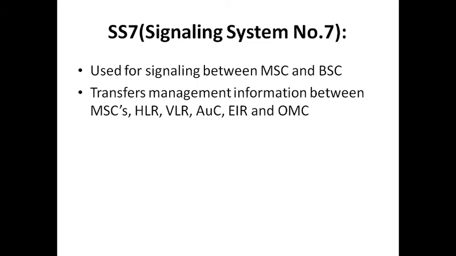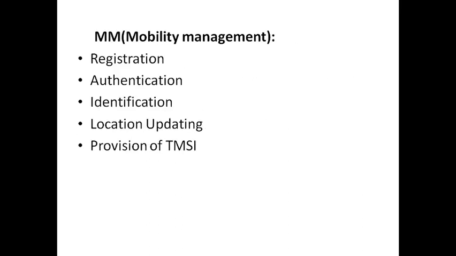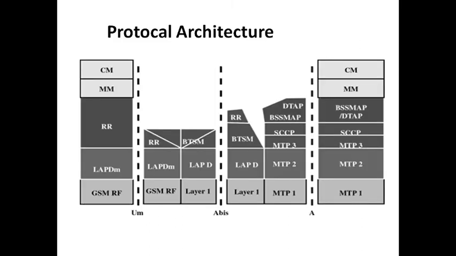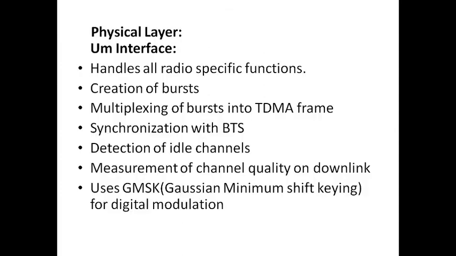And the next one is SS7, signaling system number 7. So here the signaling system is in the protocol architecture at the part of the MSC. If you see the MSC part, the last fourth part, MTP3, MTP2, SCCP, all are there, right? This is nothing but SS7. All these come under